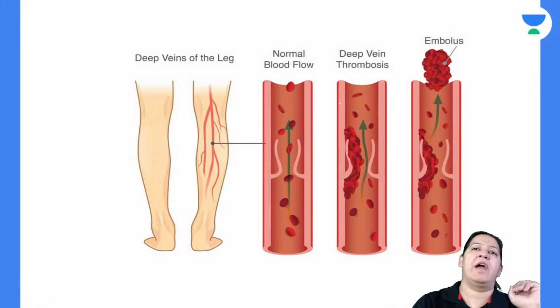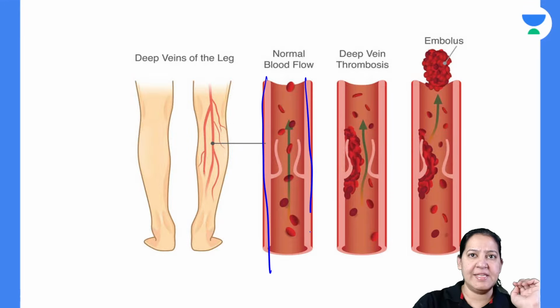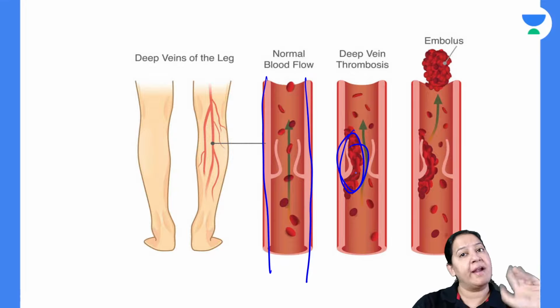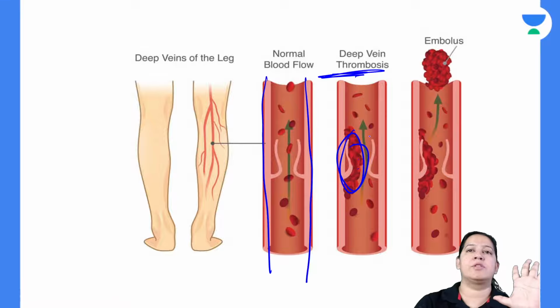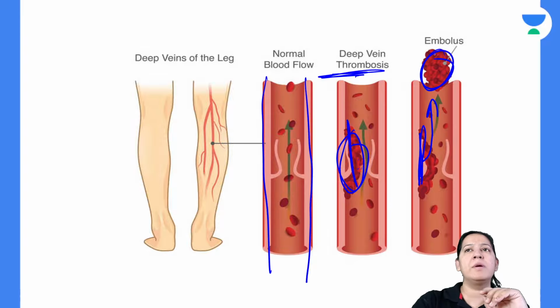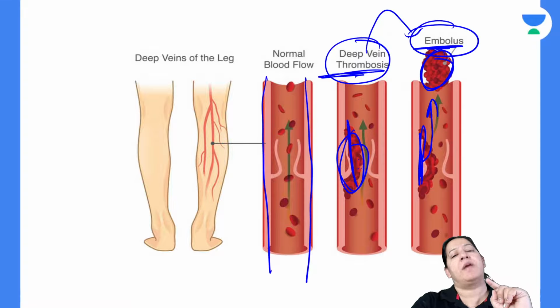See another beautiful diagram. Can you see a blood vessel here? Inside the blood vessel, can you see this clot formation? It is uninjured and a clot is formed. That's why it is known as thrombus. It is made up of platelets and fibrin. Once the thrombus detaches from here, can you see it detaching? After detaching, it will flow along with the flow of blood. Now it is no more a thrombus; it is known as an embolus. So first let me teach you thrombosis, then I will come to the next topic, embolism.